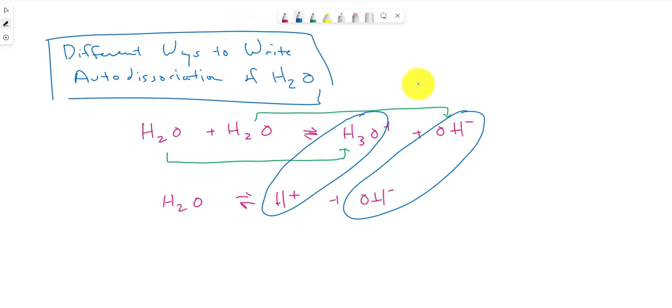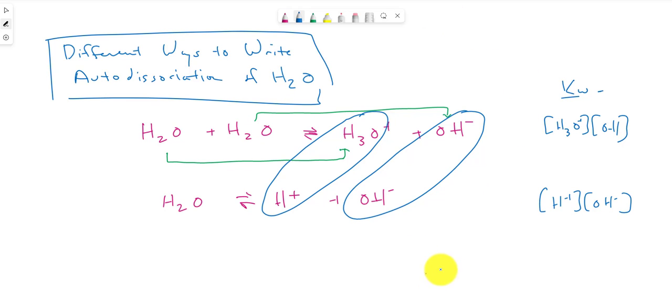And the sort of result here is that, for Kw, this would be hydronium times hydroxide, and for the less explicit way, instead of hydronium, we would just have H plus. These are both absolutely correct. Both are used heavily. The latter is just a shorthand version of that,